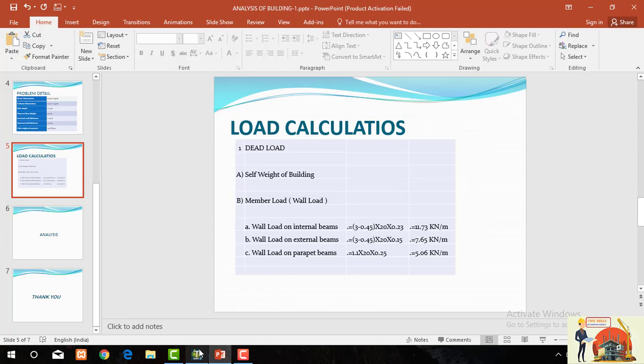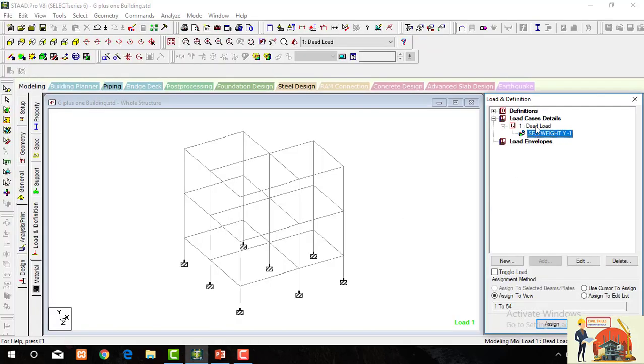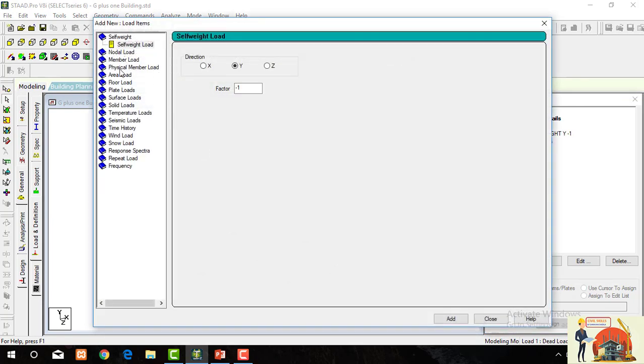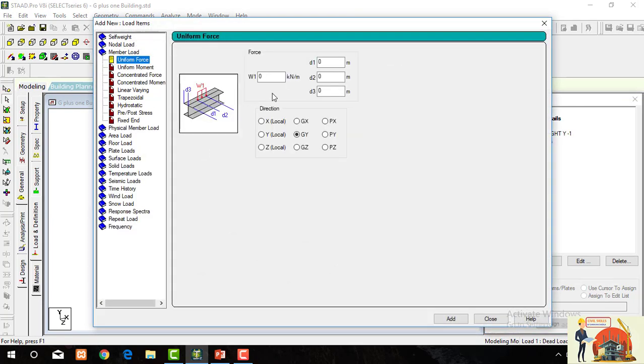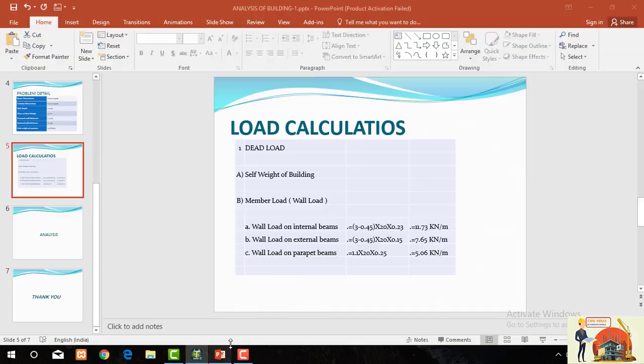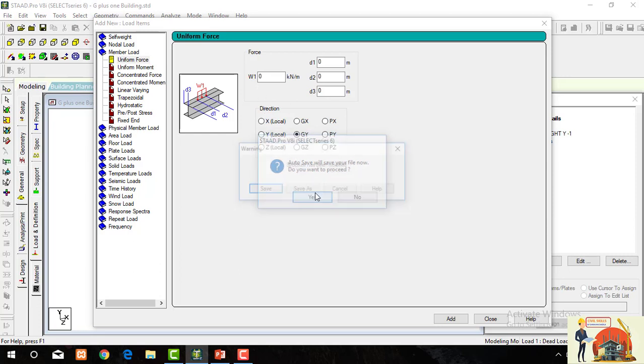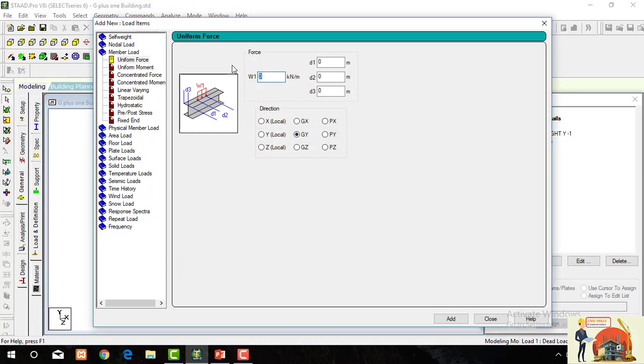Let's add them one by one. First, go to the dead load, add the dead load, go to the member load for the distributed load. The load will be 11.73, and the load in the minus direction, add.